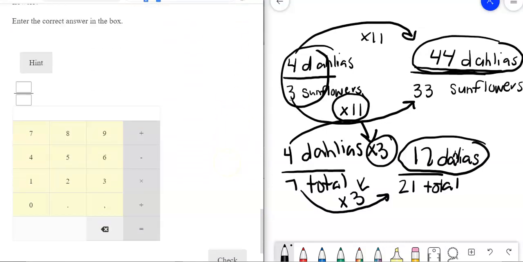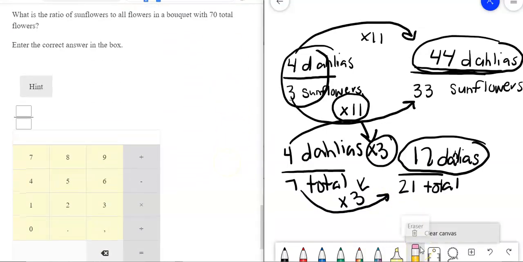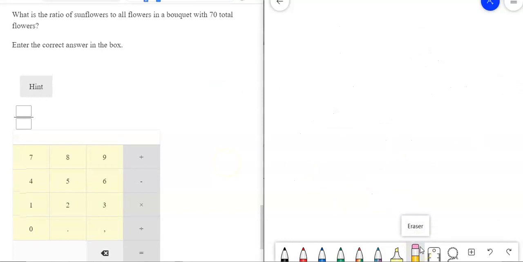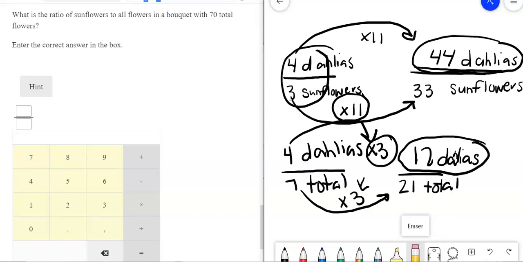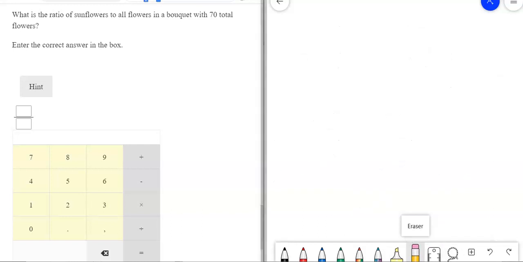Next one, part D. I'm going to have to go clear my page off here, unfortunately. So what is the ratio of sunflowers to all flowers in a bouquet with 70 total flowers? But I'm going to use this information right here, the 4 over 7, because I had 7 total here. So let me remember that as I'm writing. So if I had 7 total,